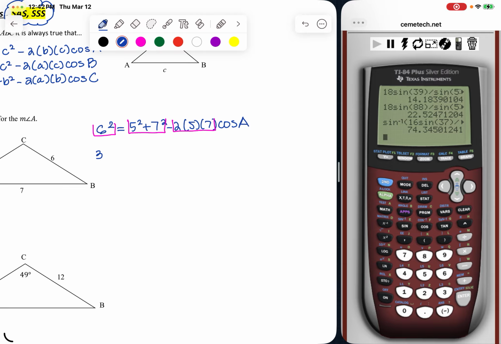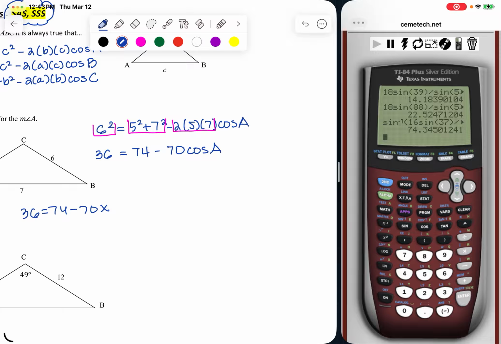So I want to know what 6 squared is, which is 36. I want to know what 5 squared plus 7 squared is. That's 25 plus 49, and you can use your calculator, which is 74, right? Minus, I want to know what 2 times 5 times 7 is, which is 70, cosine of angle A, okay? So now imagine instead of cosine of angle A here, you had 36 equals 74 minus 70x,